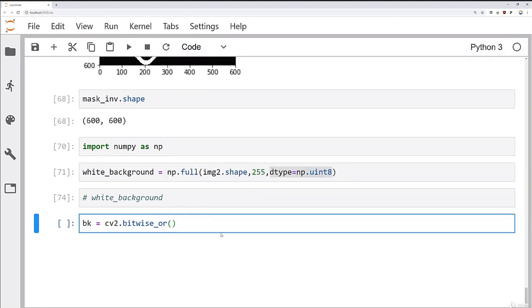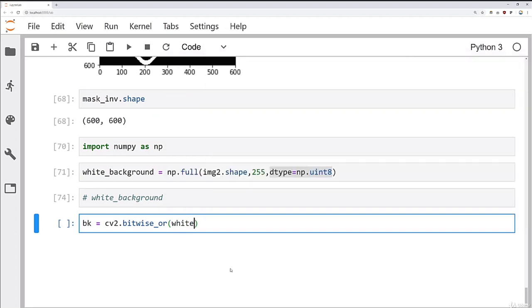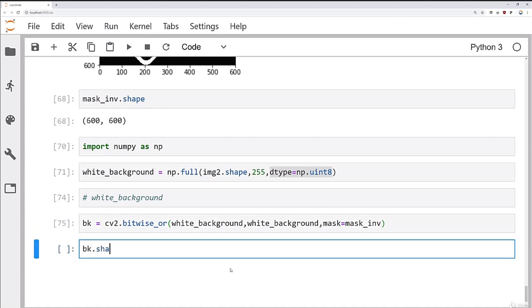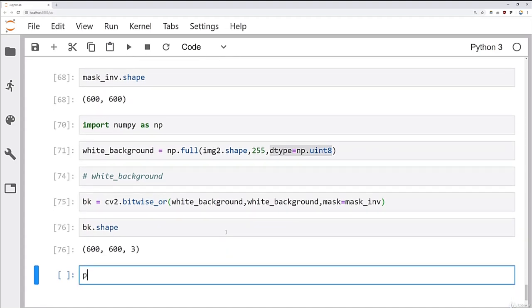So what that actually means is we're going to pass in source 1, source 2, and then the actual mask. We'll use the white background for both source 1 and source 2. And then the mask we're going to pass in is mask_inv. So when you run that, your background shape is now 600 by 600 by 3. And if we show the actual background,